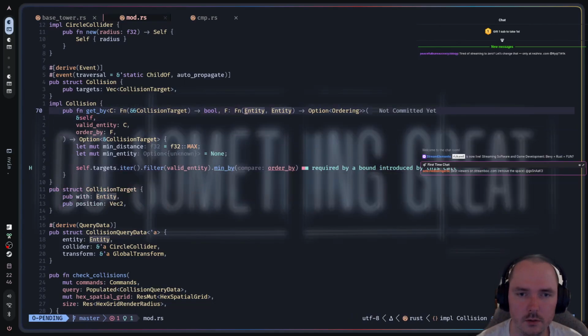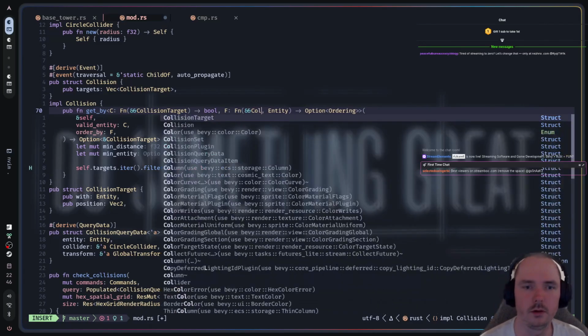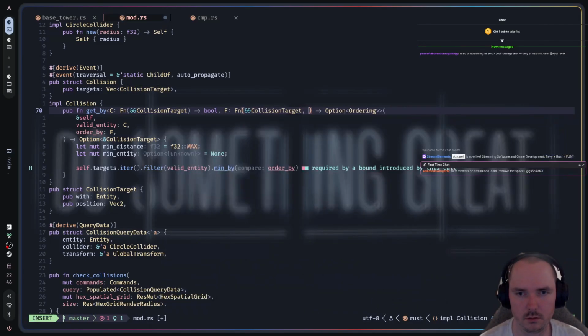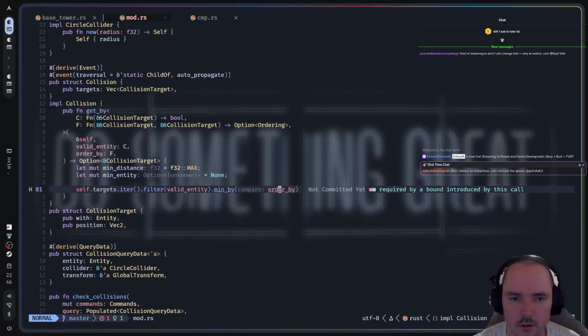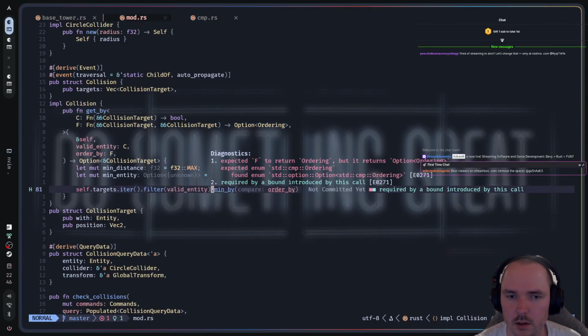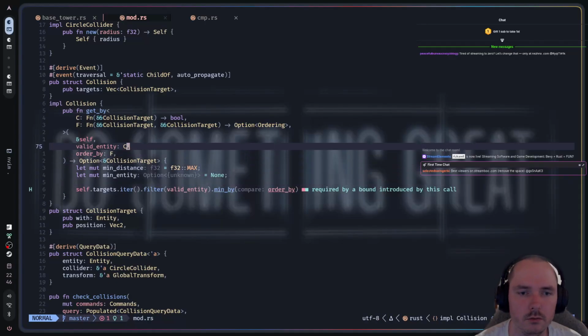I do believe that's something I can do as well. Collision target, collision target. And I do believe, yeah, I need to remove the